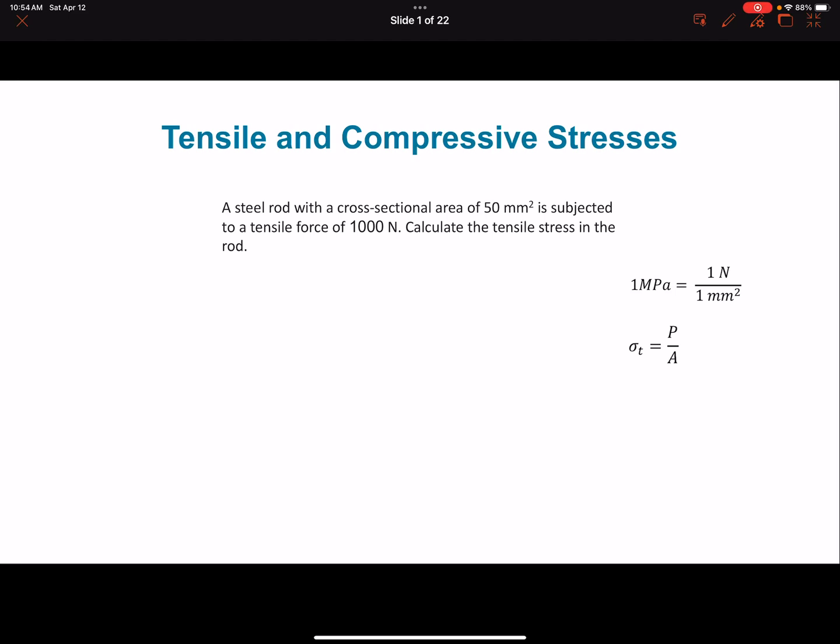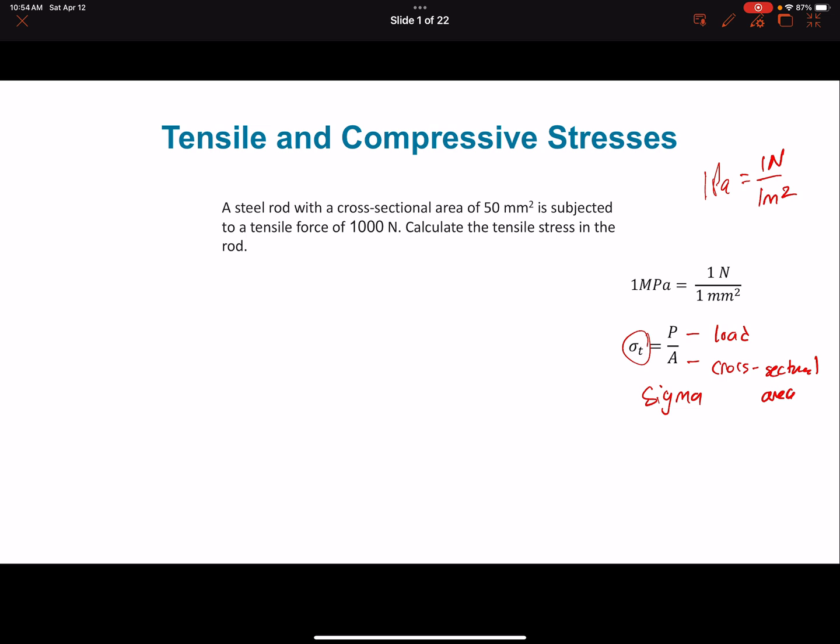In this problem, we are looking at tensile stress. And a couple things we want to make note of. Number one, over here on the right, you can see this megapascals. 1 Pascal is 1 Newton over 1 meter squared. A megapascal is a Newton over a millimeter squared. Also, this equation, this is a sigma, a lowercase sigma, and that's stress. So stress T, that's tensile stress we're looking at here. P is our external load, and A is our cross-sectional area